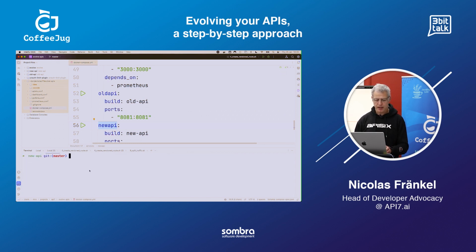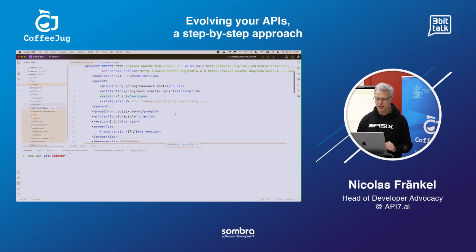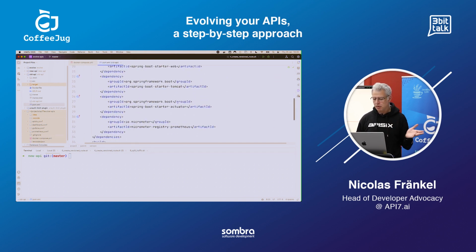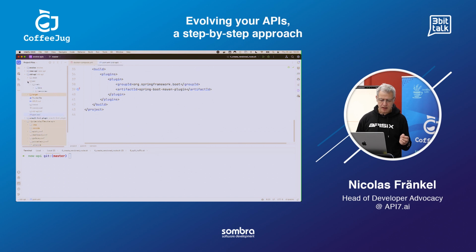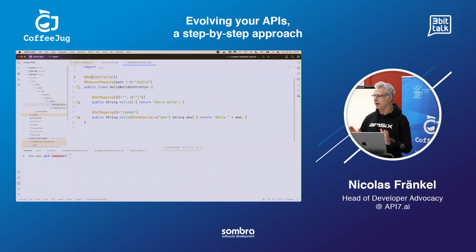So how does it work? I have an amazing, so this is the CoffeeJUG, coffee because Java, right? So I can show you, this is the old API. This is legacy stuff. I'm using Spring, because I love Spring, but basically I'm using regular stuff, and I am using lots of annotations. And everybody knows that annotations are bad. Why? Because everybody tells it. It's very bad. No, there is some pushback against annotations, and in this case, I would agree with them that